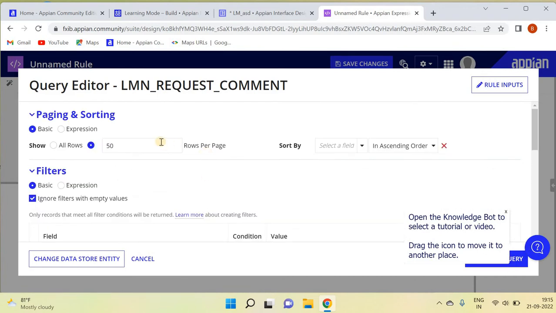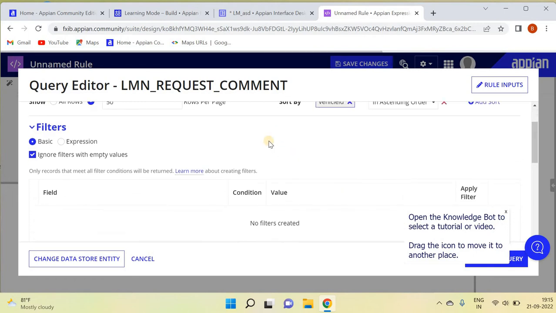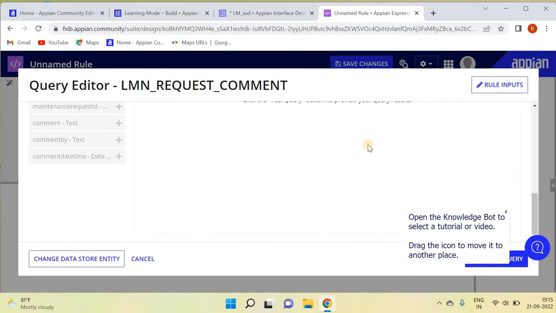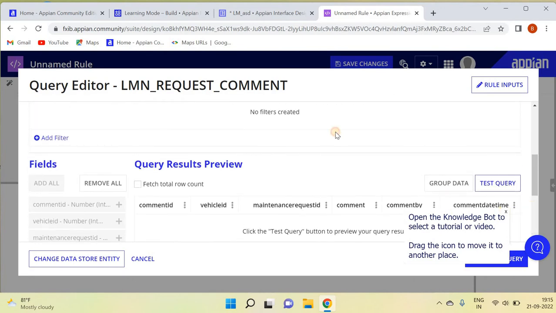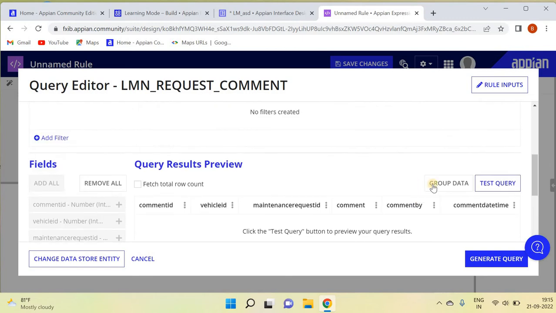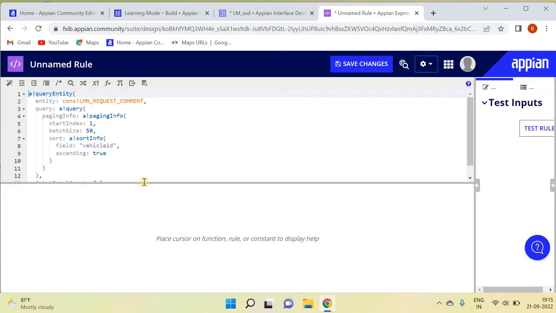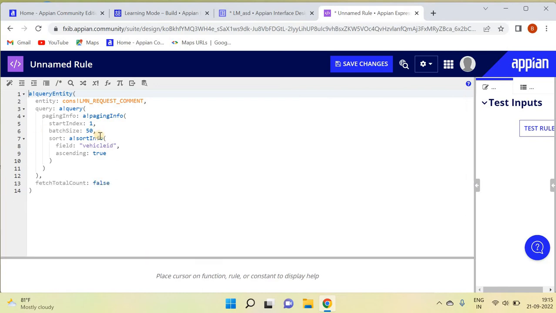If you want to add some more things, like sort by, you can add it, like vehicle ID I'll be typing. It's optional. If you want, you can do it; if you don't want to, you don't have to. Now what I'll be doing is generating a query. So here the query has been generated, and here you can see